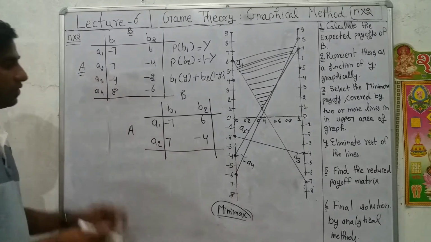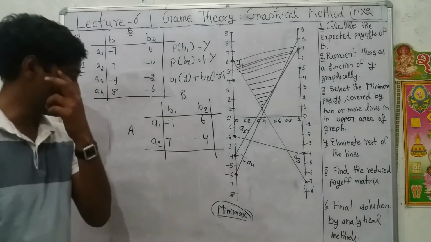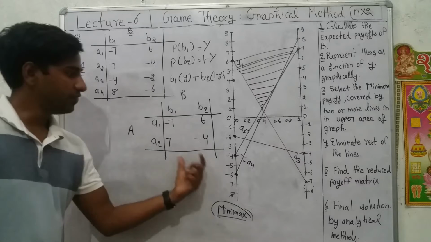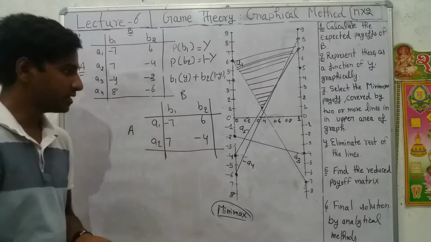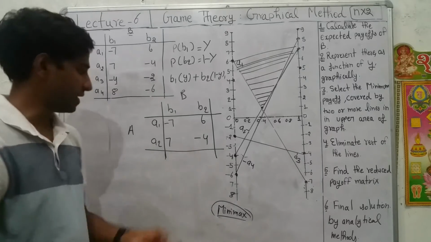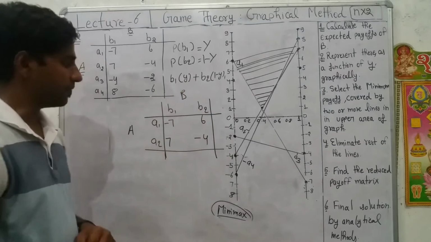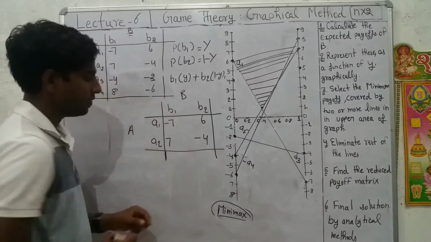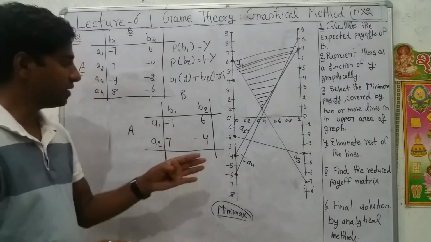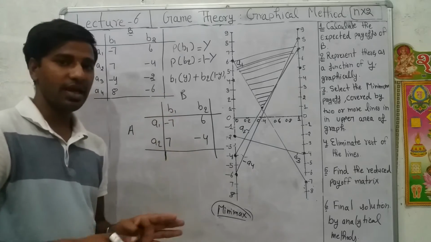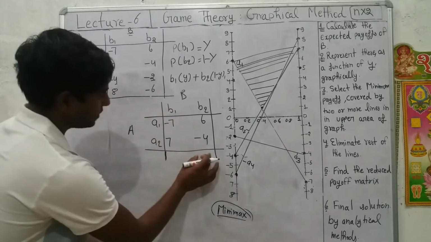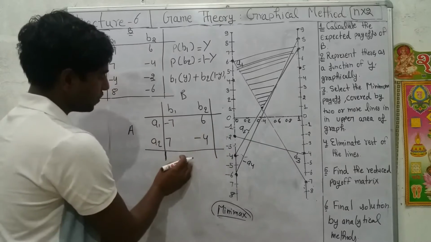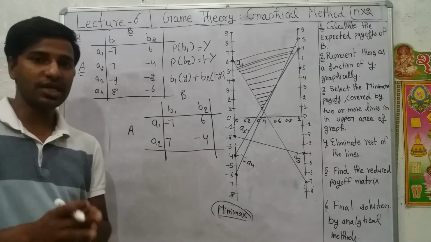So after reducing the matrix, what is the next step? Now we need to apply the analytical methods to find out the optimal strategies for company A and company B. For that purpose, first of all, we need to identify whether the reduced matrix has a saddle point or not. In this situation, there is no saddle point, so we would use the mixed strategy approach